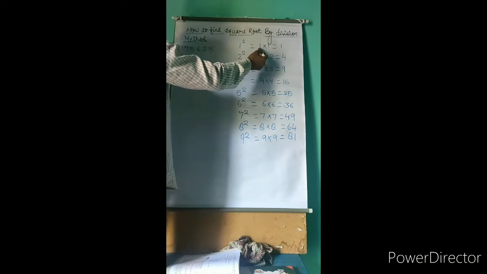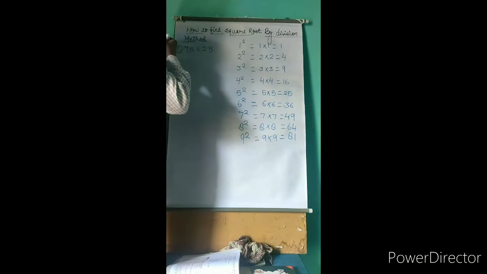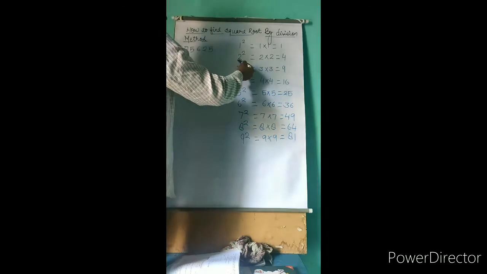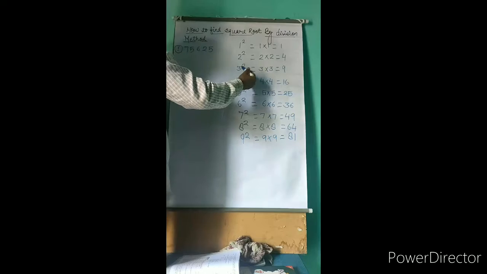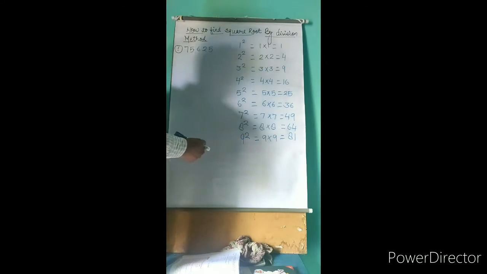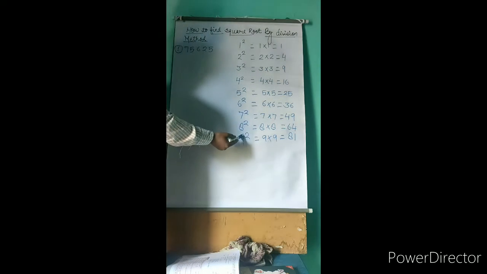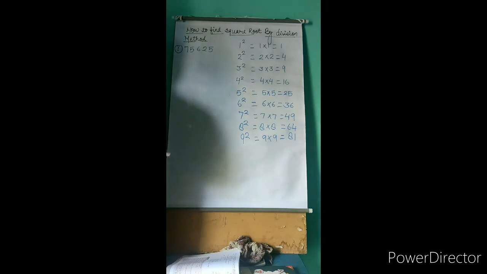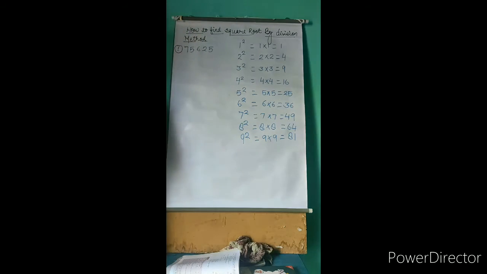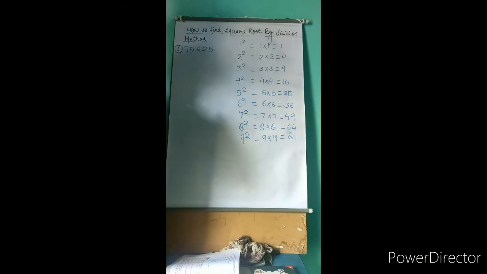Square of 1 means 1 multiplied by 1, which is equal to 1. Next is square of 2, 2 into 2 is equal to 4. Square of 3, 3 into 3, which is equal to 9. In the same way, I have written here square of 9, 9 into 9, which is equal to 81. So first of all, we will see what to do when we start to find the square root